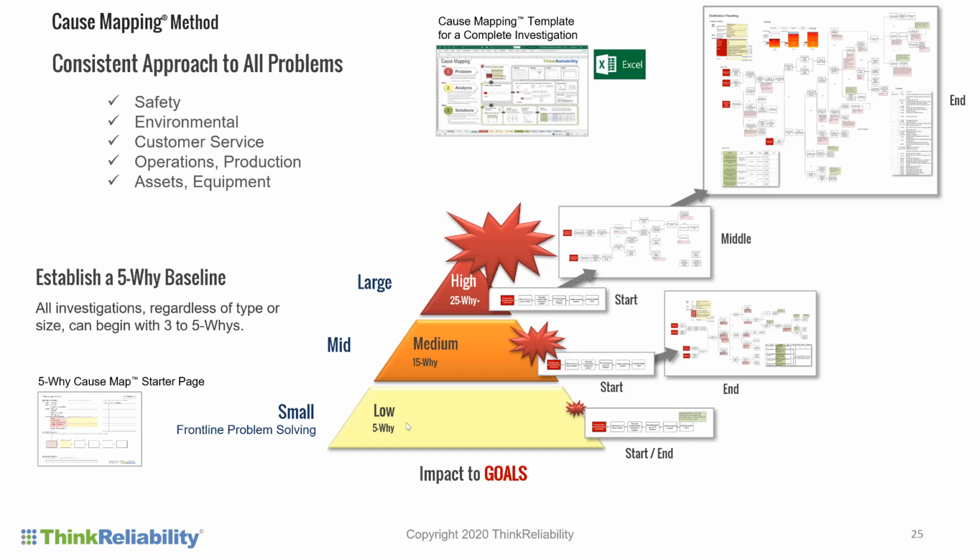On larger investigations, our cause mapping template that we use in Excel is just something you can download from our website, and we have examples of how you can start with a rather simple issue, and it expands into much more detail. The point that I wanted to make is no organization wants these great big issues. They don't want any of these large investigations that we do. When there is a large investigation, invariably you find out, well, this had to happen, and this had to happen, and this had to happen.